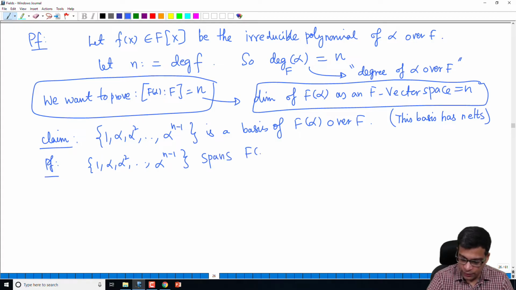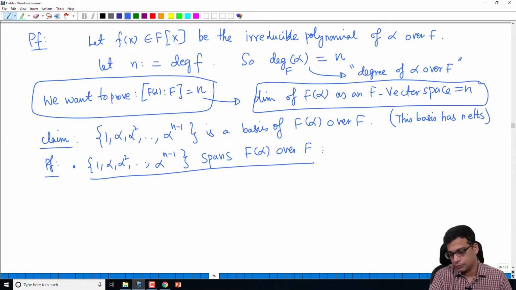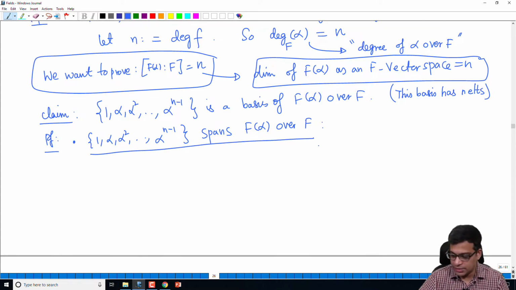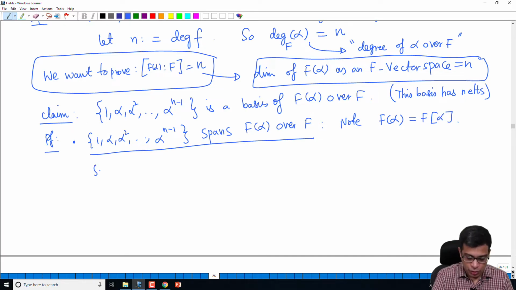It spans F(alpha) over F. So let me prove this first. For this, we recall that the field F(alpha) is actually the same as F[alpha]. So every element